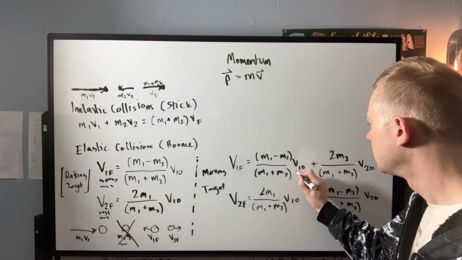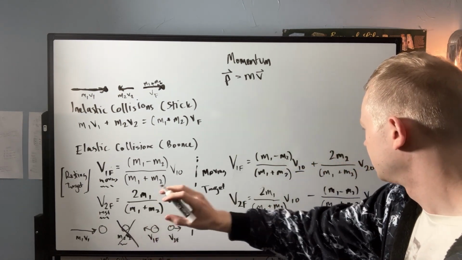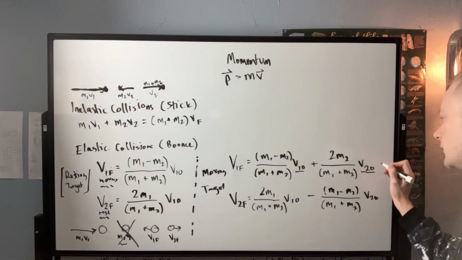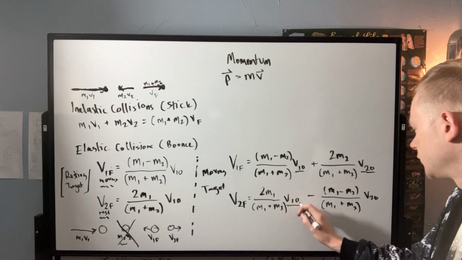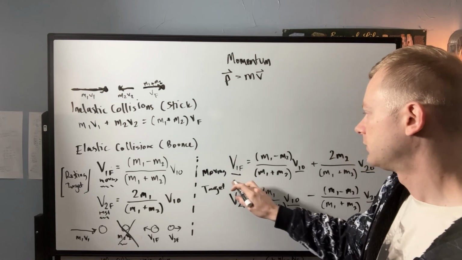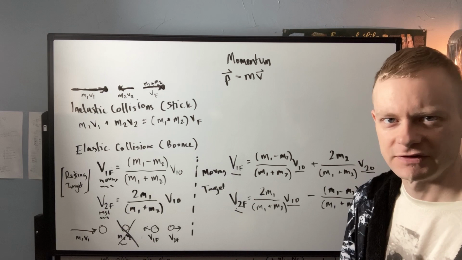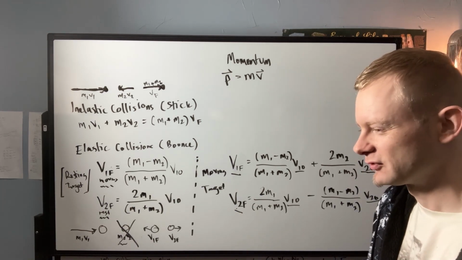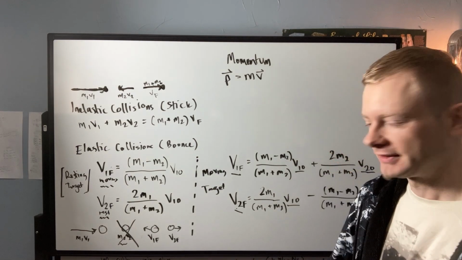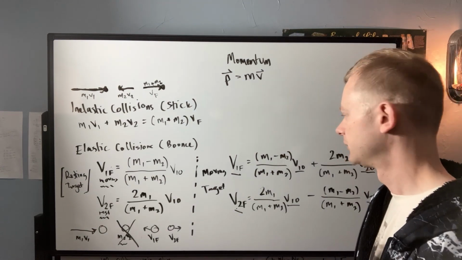This is essentially saying the initial of the ball 1, velocity 1 initial, and this is velocity 2 initial. This is velocity 1 final, velocity 2 final. Just trying to label out what these V1s and V2s are. Initial, final. So that's how we can look at our momentum and collisions with a whole bunch of different